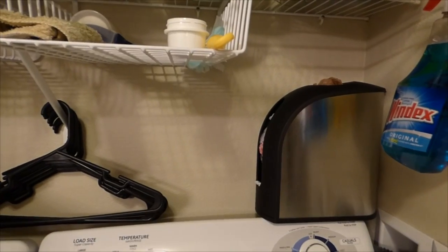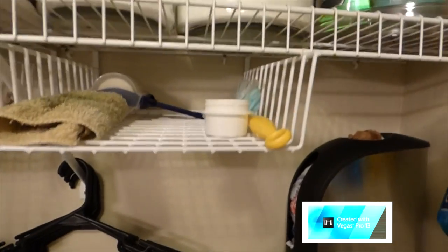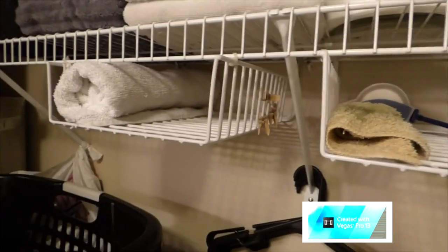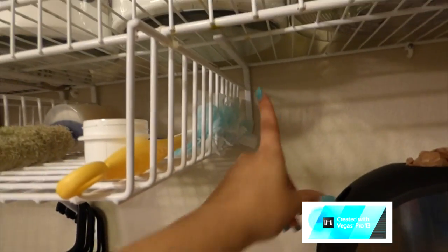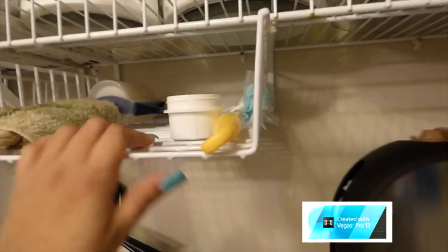So yeah, that's where we keep his stuff. His other stuff, his accessories, I'll show you. I keep them all pretty much in this area. But before I do that, I'll show you guys these two baskets. These baskets have this little lip, and you're supposed to put these on your kitchen cabinets or in the pantry, for food or whatnot, but